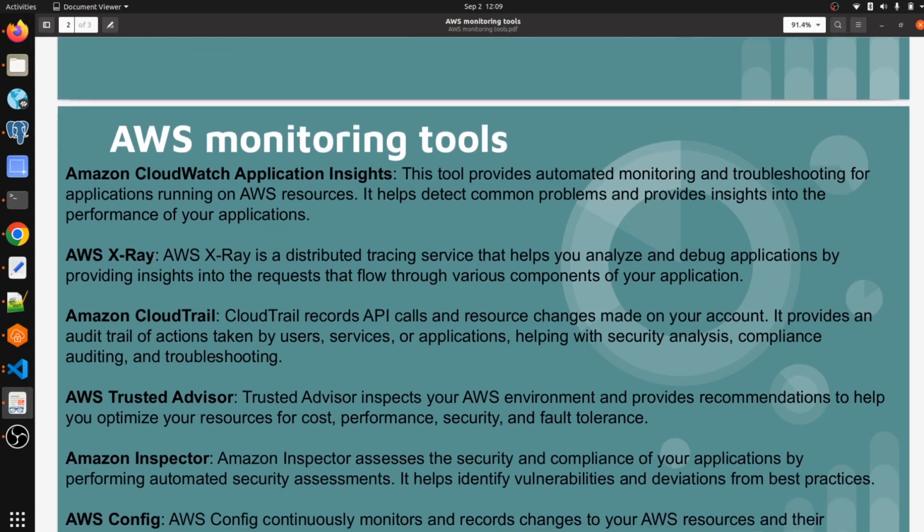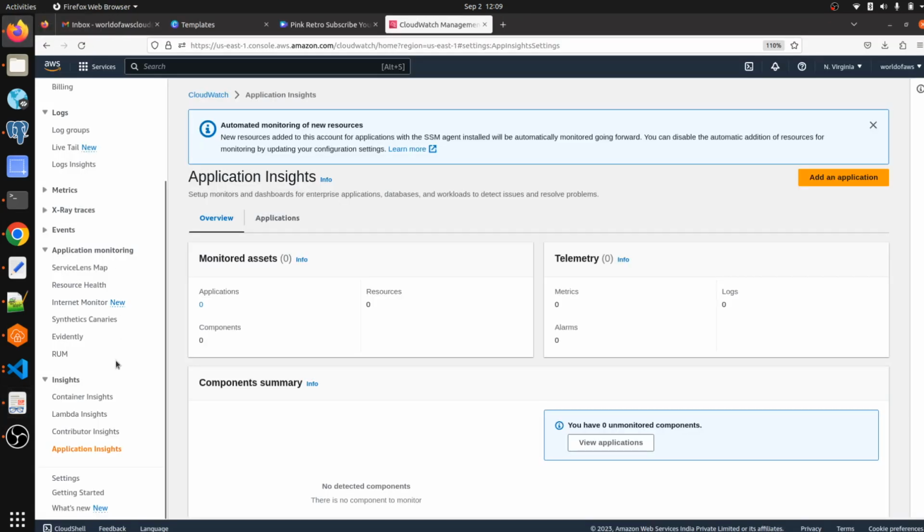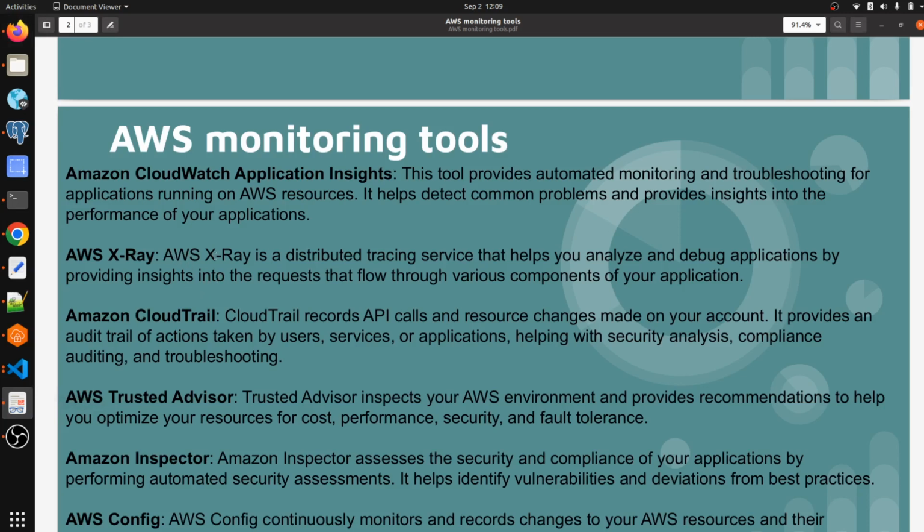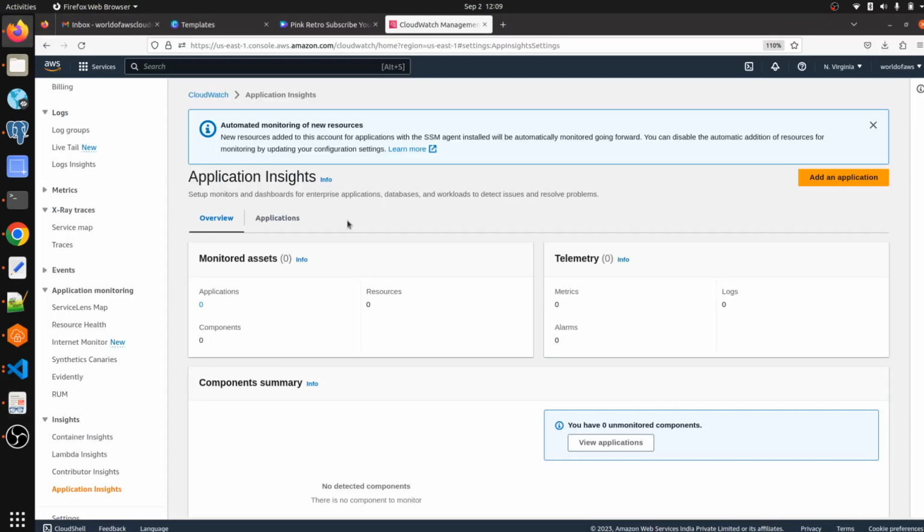Another tool we have is AWS X-Ray. That is also available here. AWS X-Ray is a distributed tracing service that helps you analyze and debug applications by providing insight into the requests that flow through the various components of your application. It shows which components are involved and what communication is happening between your application and the end user